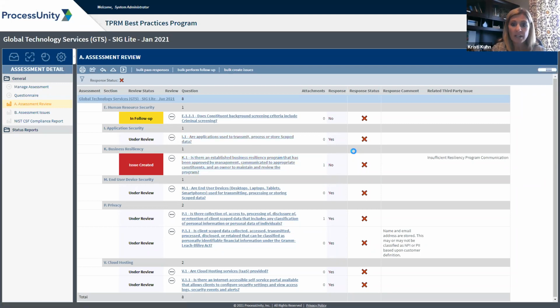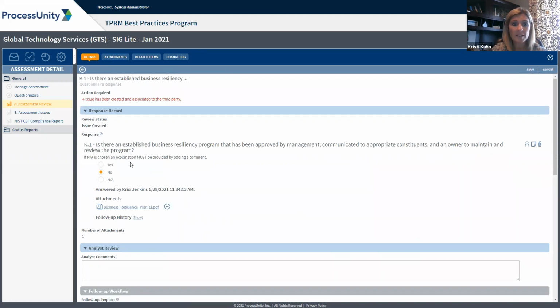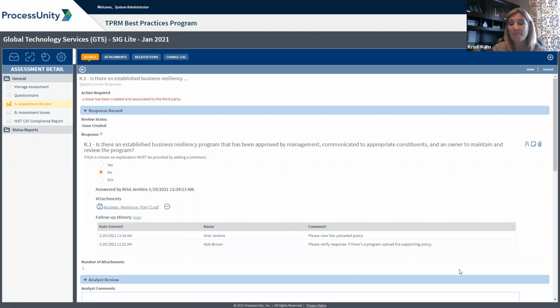Now, for those areas where we've identified there is a problem, we've documented an issue, there's some really good information that can be reviewed directly on these responses, where as an analyst, I can see all of the questions that we ask the third party. I can see documentation that they've attached in one view. I can see all of that back and forth history, which is great because it can keep you out of email,